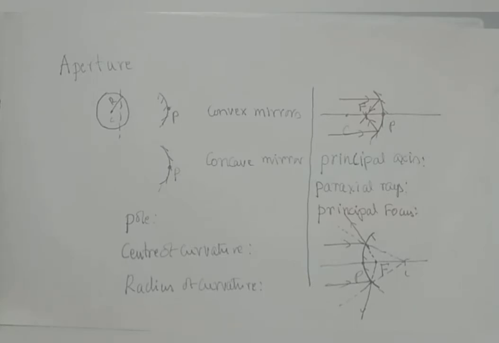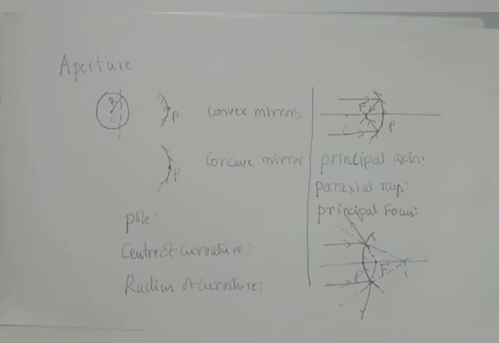Principal focus: when a parallel beam of light rays falls on a concave mirror, it converges to a point on the principal axis, or it appears to diverge from a point when falling on a convex mirror. That point is called the principal focus. So with these basic things now in mind,